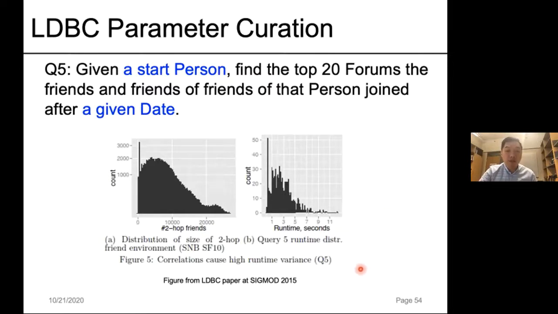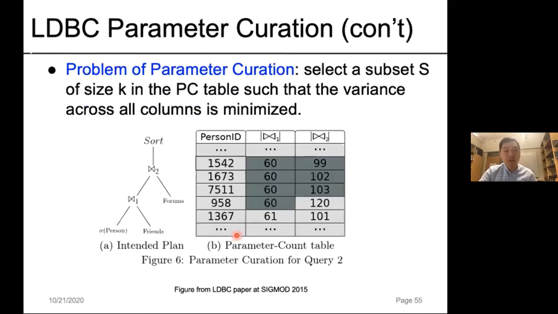And a uniform sample of person ID for this query will lead to a non-uniform distribution of the query runtime, as shown in figure 5b, since the distribution of the two-hop friend size is skewed. So as a result,